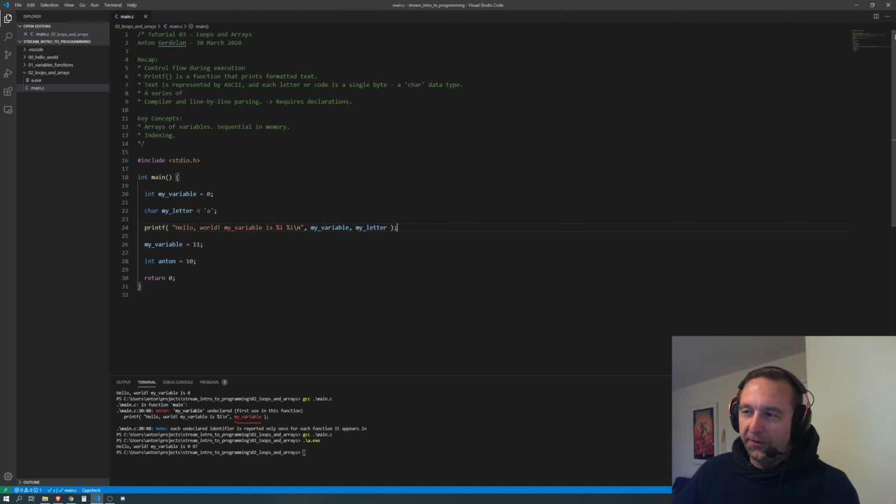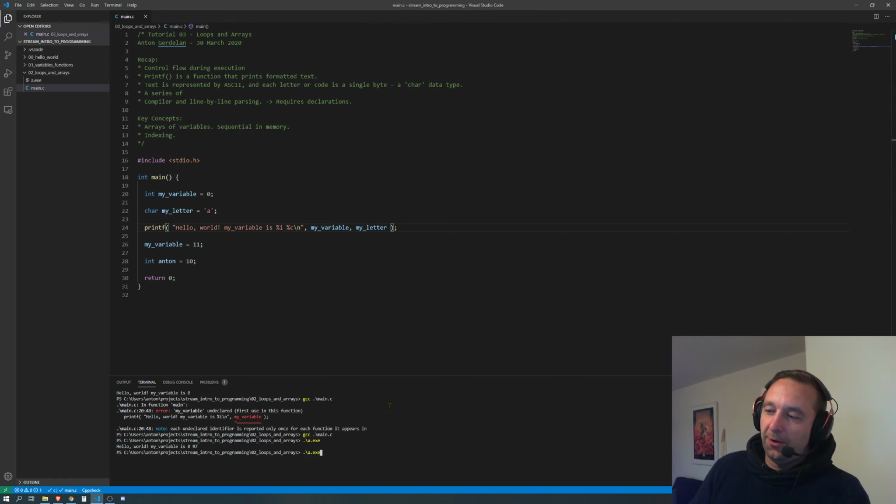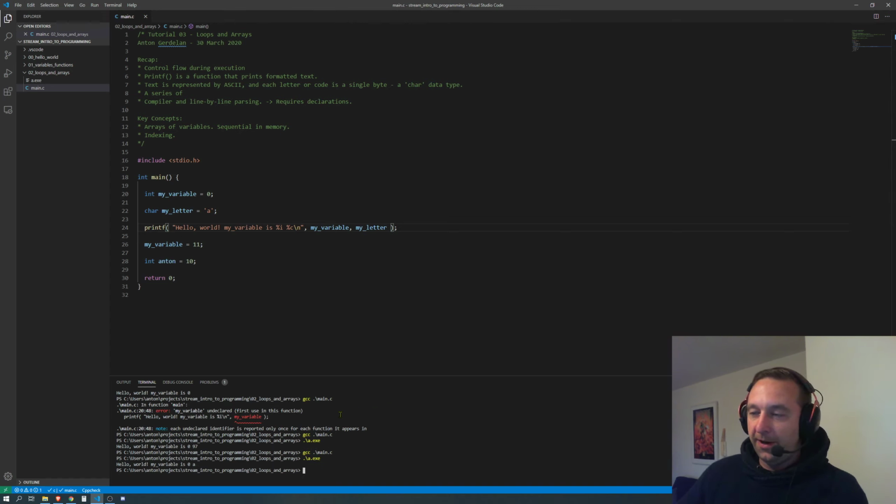You can also print the character value of this char, just one character on its own, by putting in a %c. So if you look up the manual page for printf, it'll tell you all the different codes you can put there for different types. It doesn't have one for every type, but it has quite a lot. And if I print that out instead of with a %i, it's now, and it may be a bit small in my terminal there,